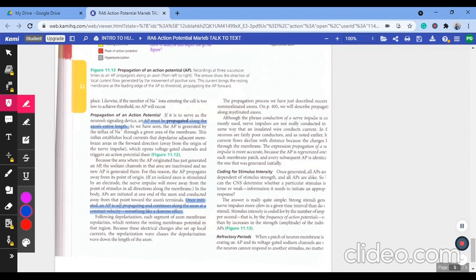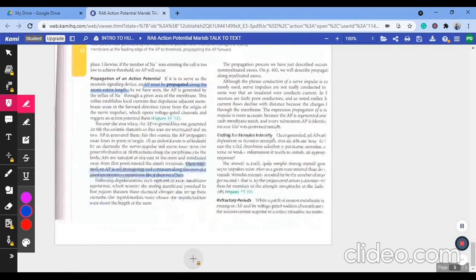On page 405, we will describe the propagation along myelinated axons. Although the phrase conduction of a nerve impulse is commonly used, nerve impulses are not really conducted in the same way that an insulated wire conducts current. Neurons are fairly poor conductors, as noted earlier. Current flows decline with distance because the charges leak through the membrane. The expression propagation of the impulse is more accurate because the AP